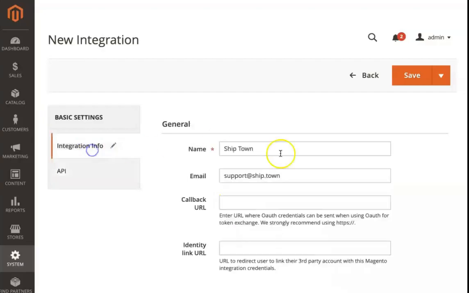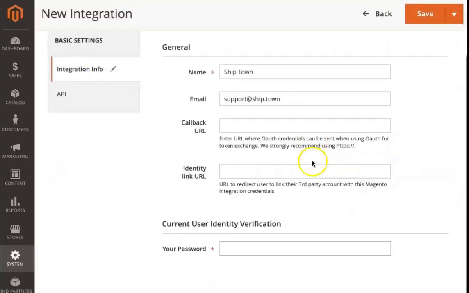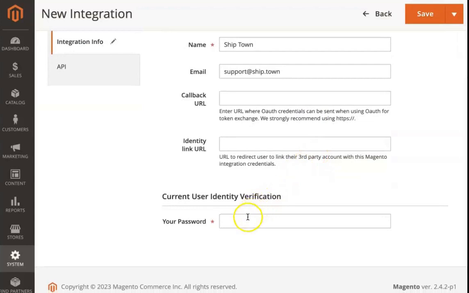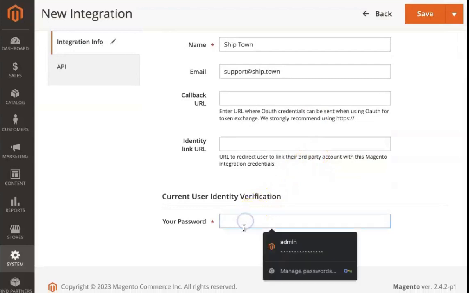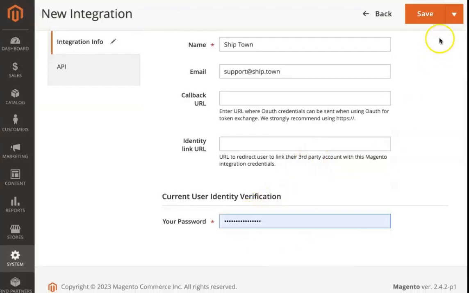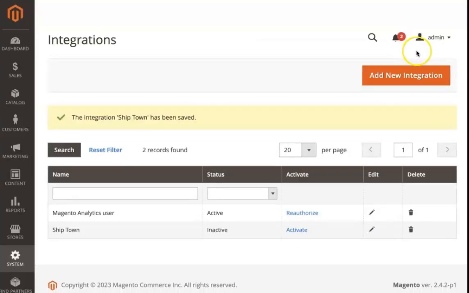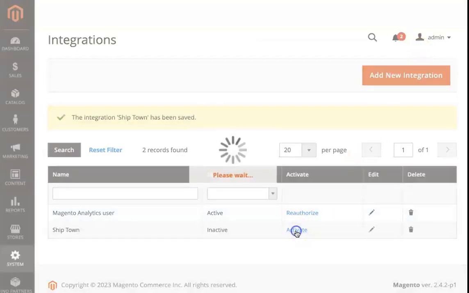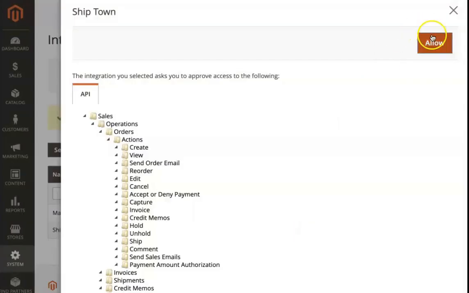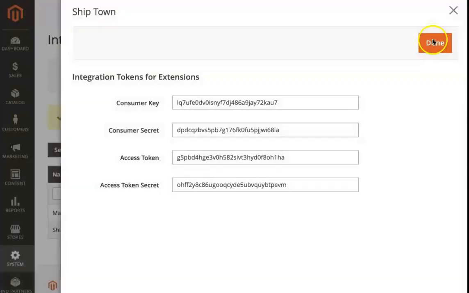You'll be directed to the new integration page where you'll need to fill in some essential information under integration info. This includes the name and email fields. Here, enter a descriptive name for your integration, like ShipTown, and input the email addresses you wish to associate, say support@ship.town. Filling these fields appropriately will help keep everything organized and identifiable later. With the basic information in place, we need